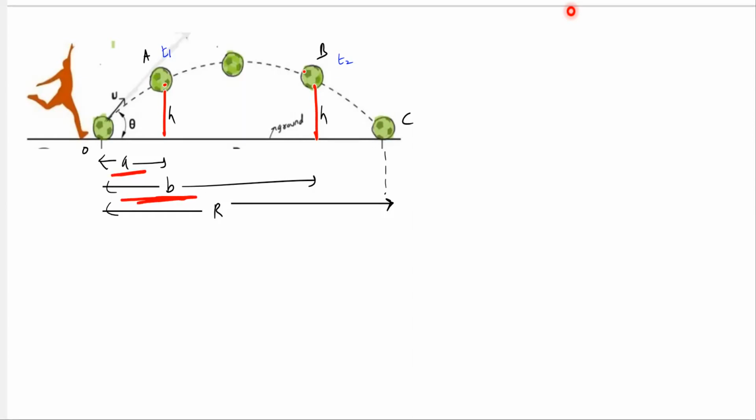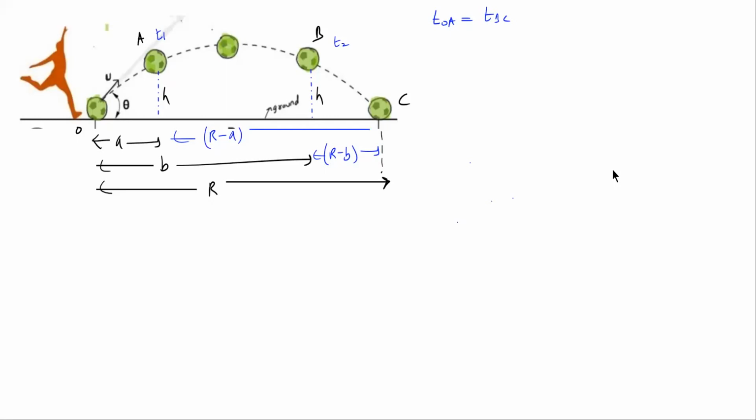The ball will have horizontal distance a, and from the point of projection at distance b, and this will be the range. Let's see how this a, b, and R are related. We'll try to bring this equation. If this is a, what will this distance be? R minus a. If this is b, this has to be R minus b. And we know the time taken to move from O to A is equal to B to C. And the horizontal